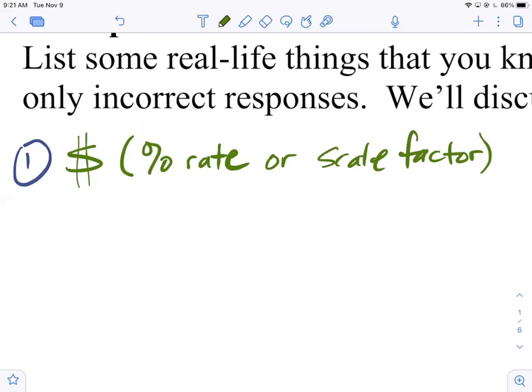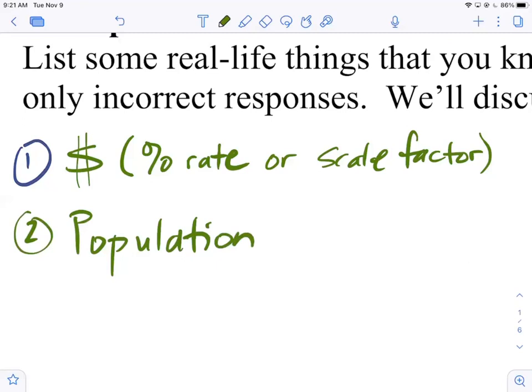The more gas you have, the farther you can drive. It has to be the same variable. The more gas you have, the more gas you get. Yeah, it has to be the same quantity. The same blank you have, the more blank you get. Yeah. Oh, population. Populations. And it could be populations of people. It could be populations of bacteria. It could be populations of ducks, whatever.